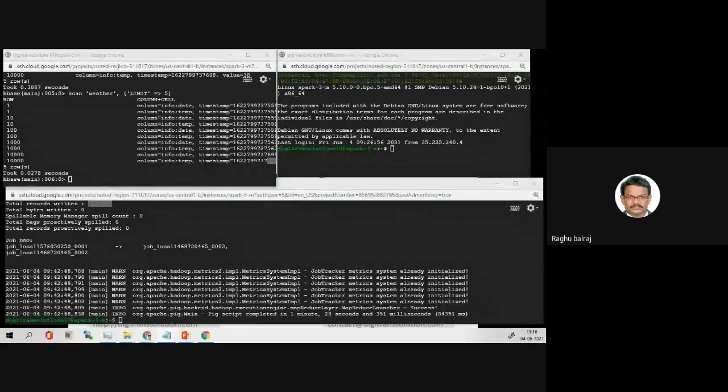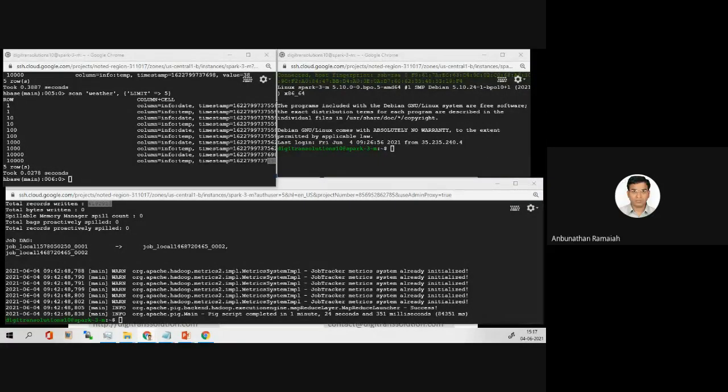Sir, is there any size limit for the file? Sir, for transferring, copying the file, is there any limitation on the size of the file we can copy to HDFS?